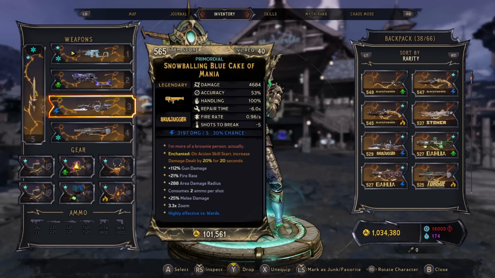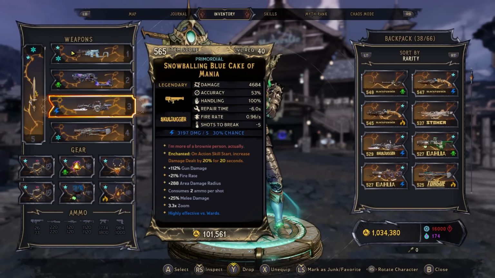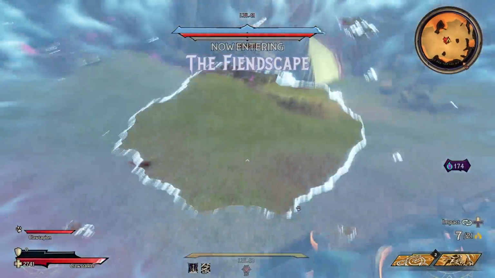Next up, we've got launchers. Now, I've got a Blue Cake and a Cannonballer here. Both have some of the highest status effect damage in the entire game with good chances. I just want to note, though, that I found a lot of difficulty proccing Contagion with these. I did want to mention them